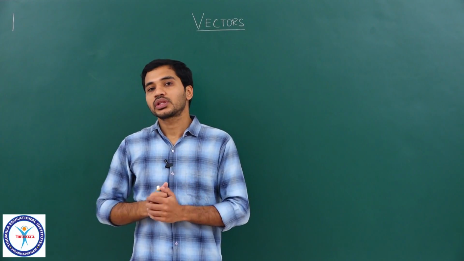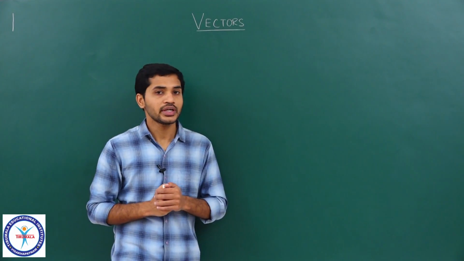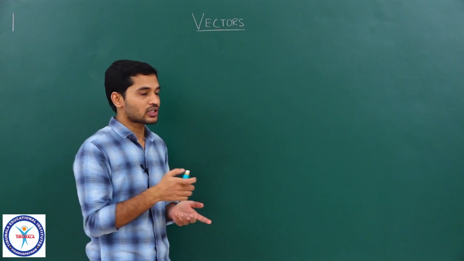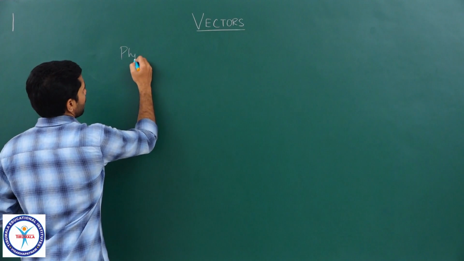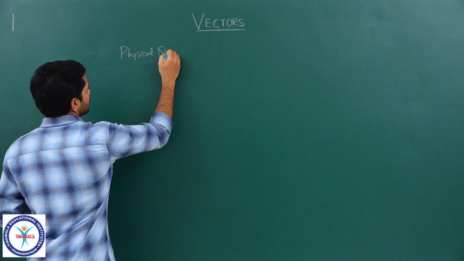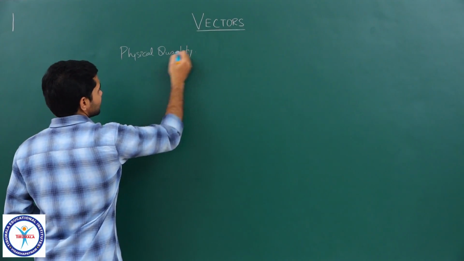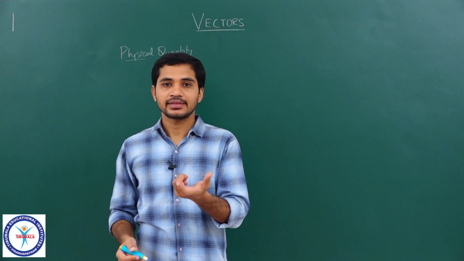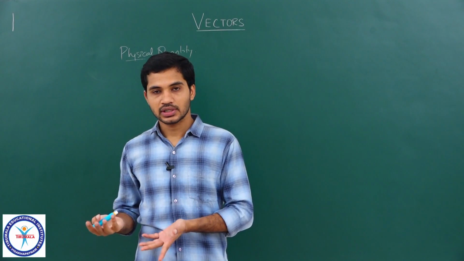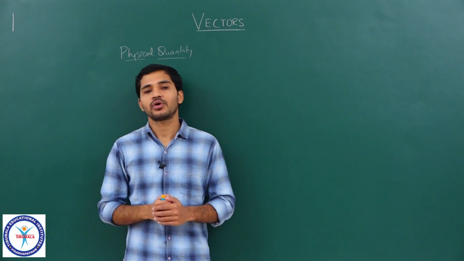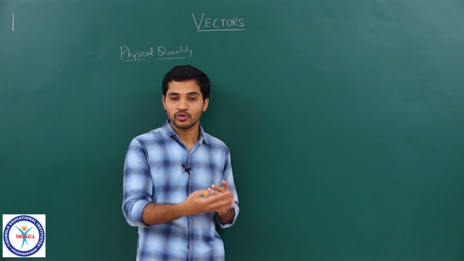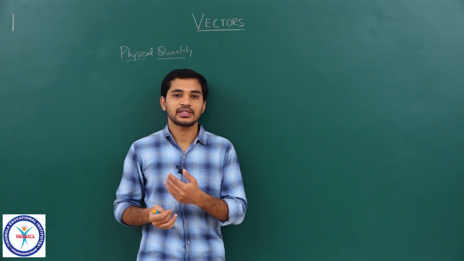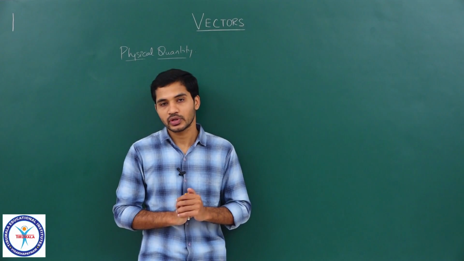So students, now we will start with a new topic, vectors, right. So before we understand what a vector is, what a scalar is, we will first have to know something called a physical quantity. So the definition is very simple. It basically states that anything that can be measured is a physical quantity, whatever it is. You can measure length, you can measure mass, you can measure pressure, acceleration, velocity. All these can be measured. We have methods for measuring them. We have units associated with them, correct? So all those quantities where there is a method for measuring it are what we call a physical quantity.